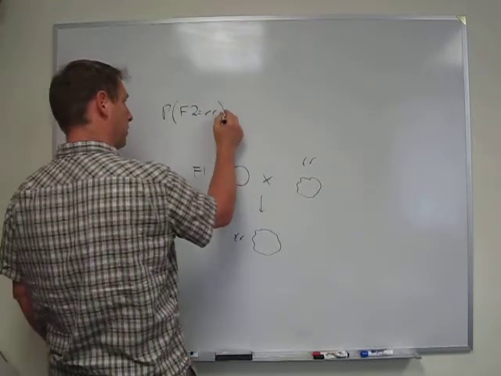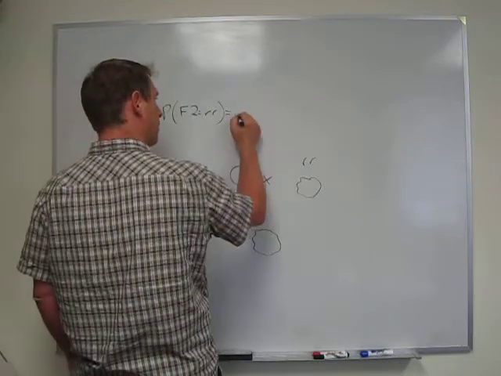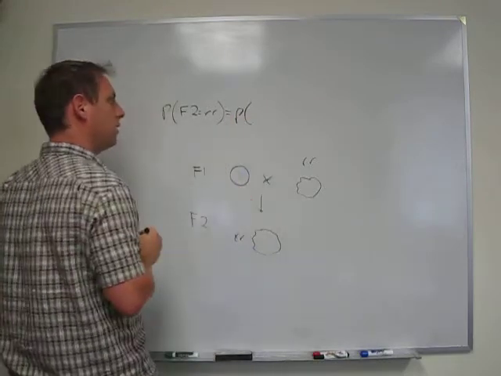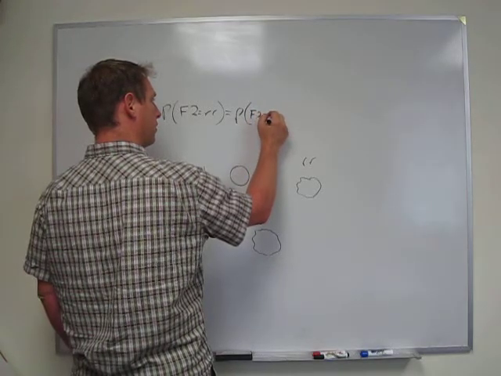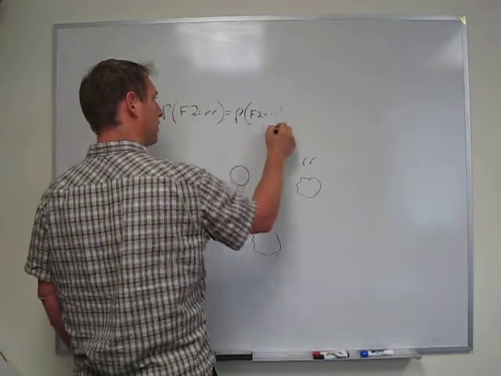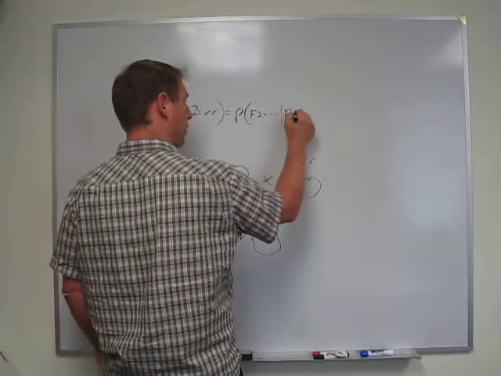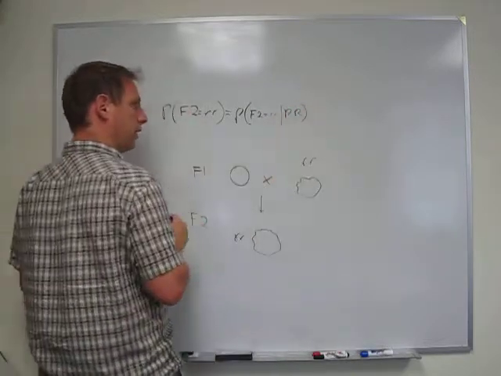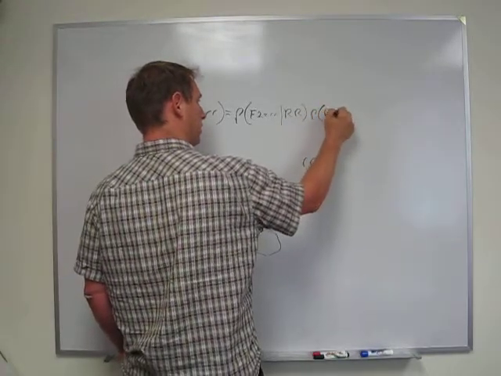Using the law of total probability, that's going to be equal to the probability that the F2 ends up equal to little r, little r, given this individual is in fact big R, big R, times the probability that this individual is big R, big R,